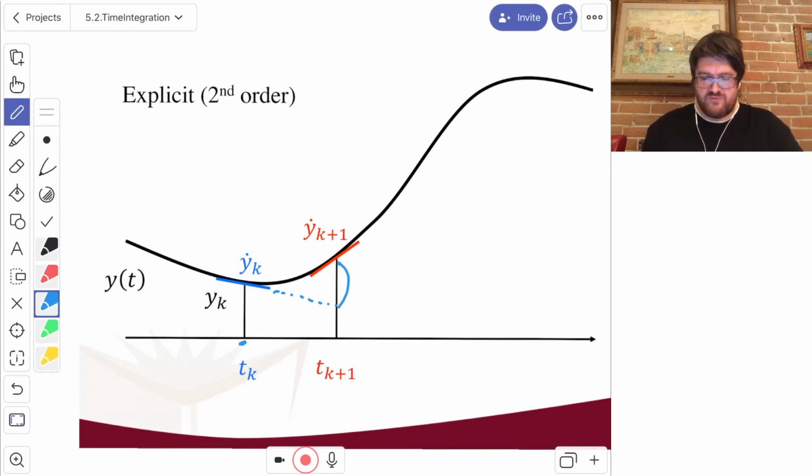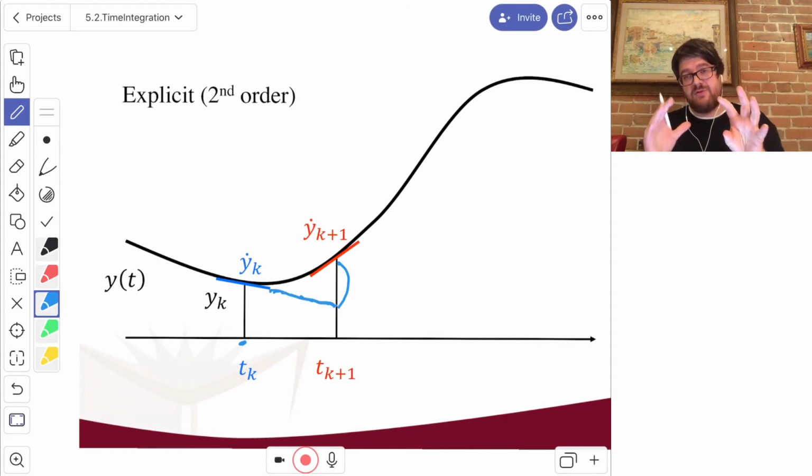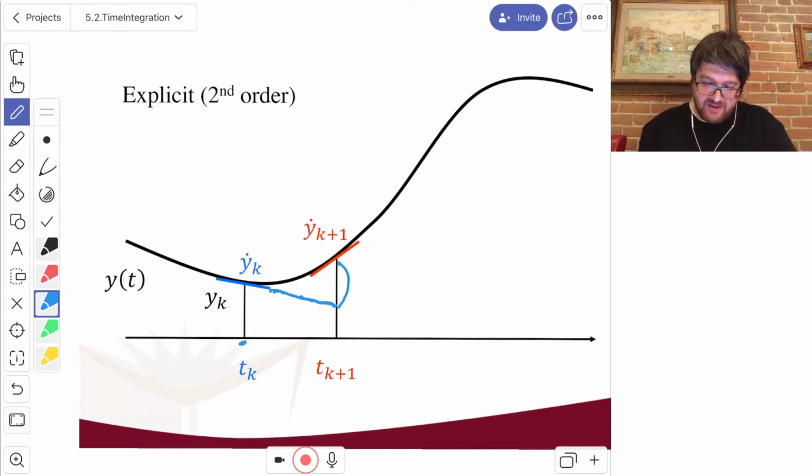For the second order, the idea is to correct this step. Remember, when we have the Taylor series, we have y k, and then delta t times y dot k, the first derivative, and this is this step here. But if we allow the third term, we have the second derivative times delta t squared divided by 2. This has the ability to correct this step. One way to think about correcting this step is to look at the derivative at the next time step and take the average of these two,